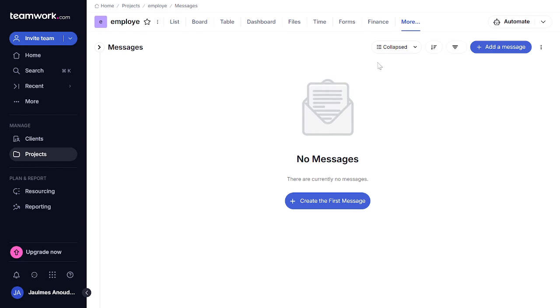And there you have it. You've set up and are now managing your employee onboarding process on Teamwork.com. Remember, a well-structured onboarding process can make a world of difference in setting up new